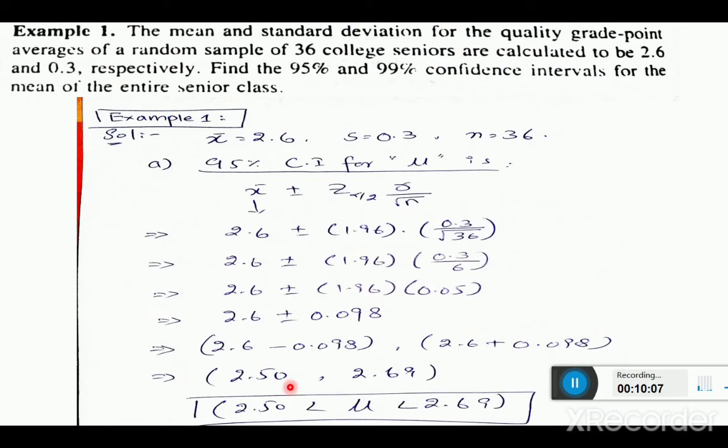Here is the question, for example, from the book. The data: the mean and standard deviation for the quality grade point average of a random sample of 36